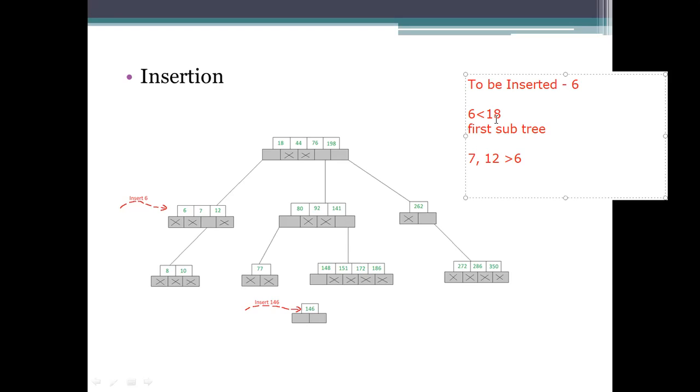The element to be inserted will be at the first place. So at the first position, insert 6, which is before 7. Okay. And coming to the next one.